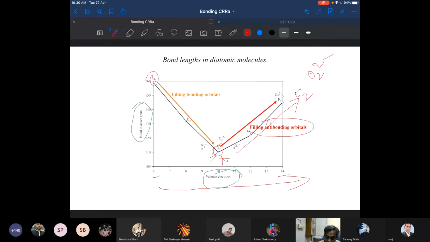Okay, so in between that, whatever is there, you manipulate the number of electrons. The molecule exists or doesn't exist, it's not a matter. You know that oxygen, whether it's O2 minus or O2 2 minus or O2 3 minus, based on the number of electrons there, within the MO diagram, you can fill it. And then you can predict whether this system exists, what happened to the bond strength or the bond distance or the bond length.